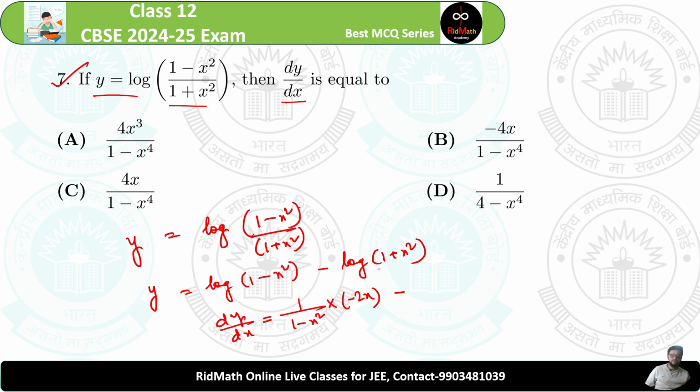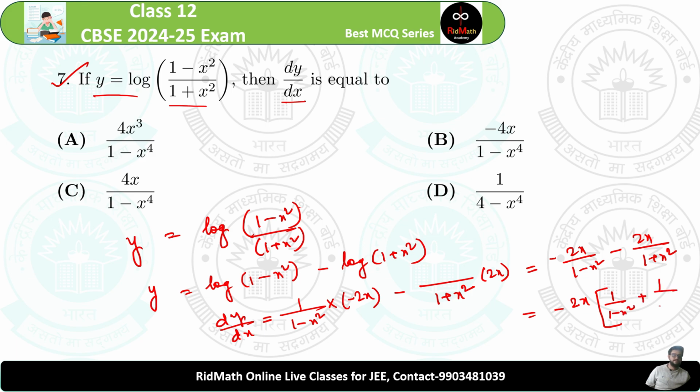Again minus log (1 plus x square), the derivative of log x is 1 by x, and then the derivative of 1 plus x square is 2x. So now this is equal to minus 2x by (1 minus x square) and minus 2x by (1 plus x square). So minus 2x common, this is 1 by (1 minus x square) plus 1 by (1 plus x square). Now this is equal to minus 2x, LCM is (1 plus x square) and (1 minus x square),